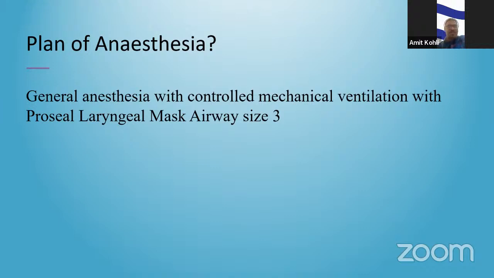Yes, right. That is particularly so because you can insert a nasogastric tube through a second generation supraglottic airway device, right? And the stress response of laryngoscopy and intubation, as you've already mentioned, is certainly lesser with the supraglottic device, because don't forget your patient is a hypertensive patient. So you would like to reduce the hemodynamic stress response while inducing and securing the patient's airway. So it's much better than an endotracheal tube with regard to your hypertensive patient also, because the stress response is much lesser with a second generation supraglottic airway device.